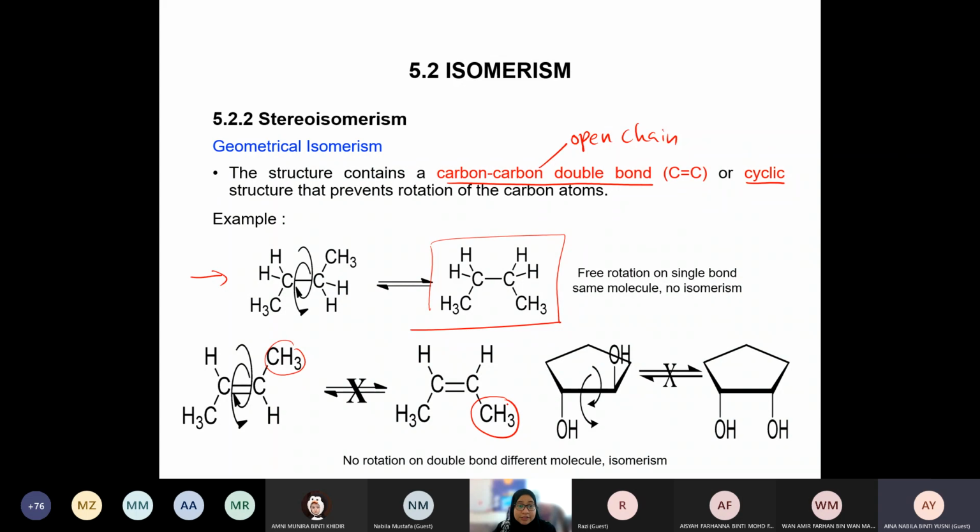It's not the same. But with a single bond, due to the rotation, sometimes it sits at the bottom